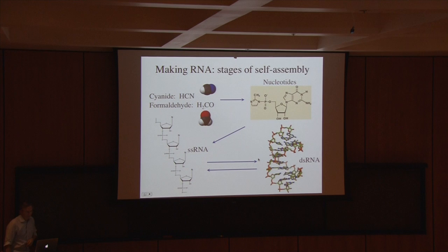Okay. So just stepping back a bit, we have the whole problem of making these polymers and then replicating them. I think you can divide the problems into three classes of sub-problems. The first is making the monomer building blocks. There are many people working on this, with a lot of notable progress in recent years from the Sutherland lab in the UK. I think once you get activated nucleotides, getting them to polymerize into long chains is not too